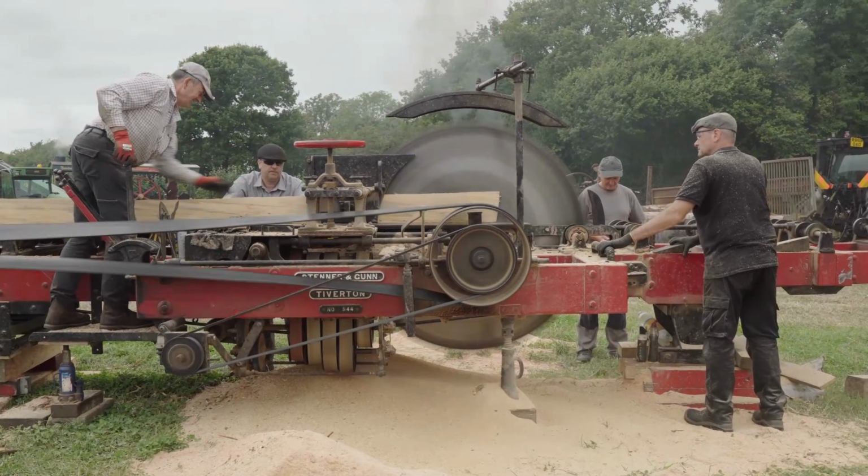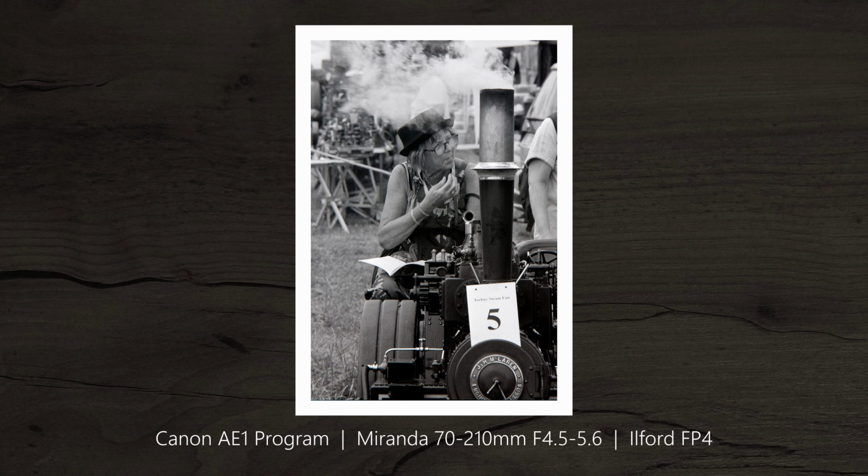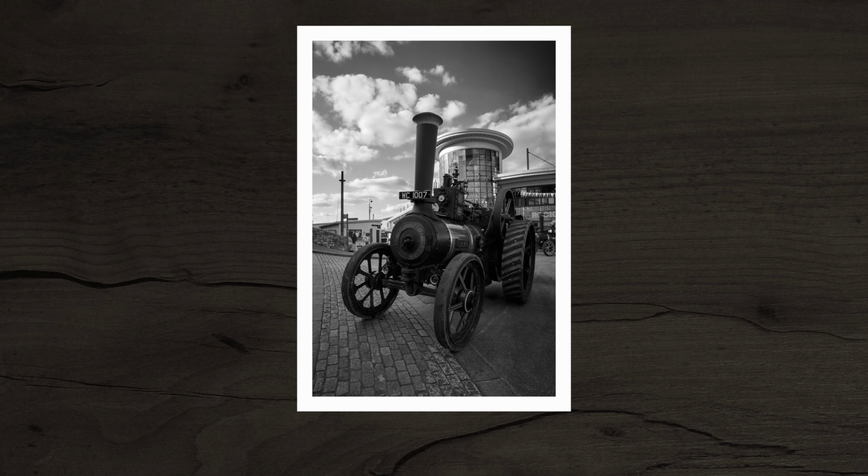Now this time I didn't take the APS-C camera, I had the Canon AE1 Program. Now I've included this photo because it just goes to prove that megapixels is not everything. This was taken on some Ilford FP4 black and white film, and this one really is more about the composition and the character, and got included in my favourite 12. And going back to the APS-C,